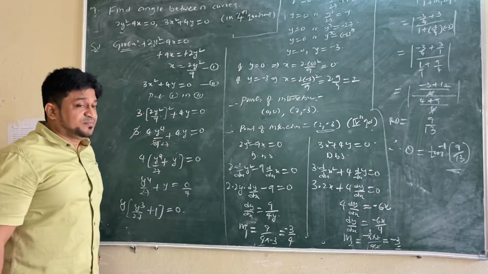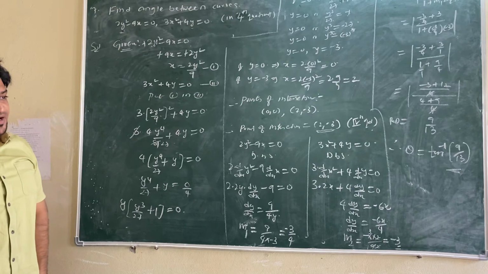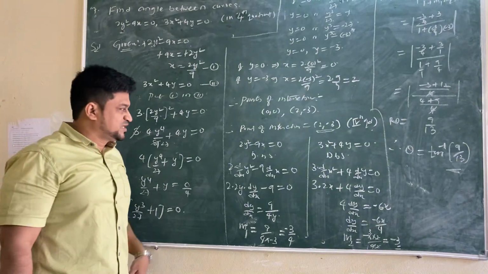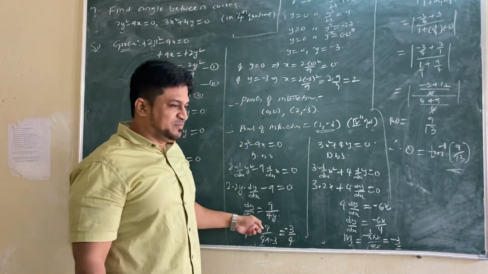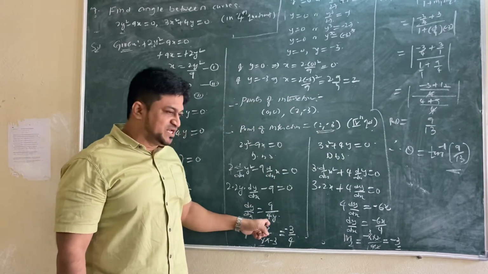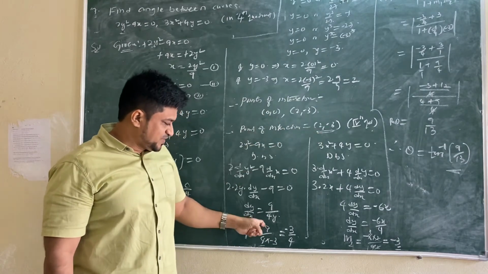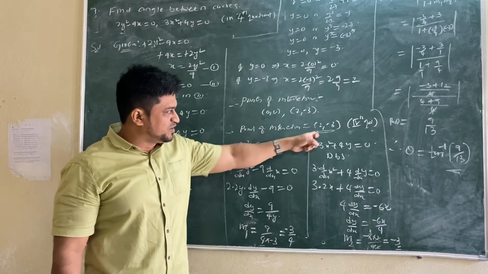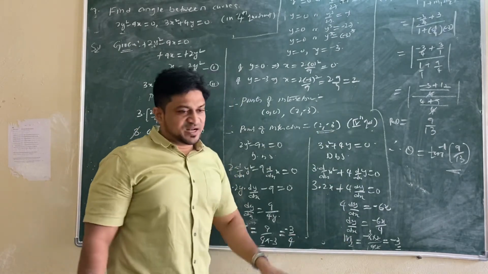To get what we can say angle between the point, we need m1 and m2. m1 is slope of first curve. Take first curve, differentiate. Take second curve, differentiate. You will get dy by dx. But dy by dx, if point is given, substitute the point in dy by dx, not the first one. Ignore it. Second one we have to take. In place of y, you can substitute whatever y value. Here in place of x, you have to substitute x value. We got m1 and m2.